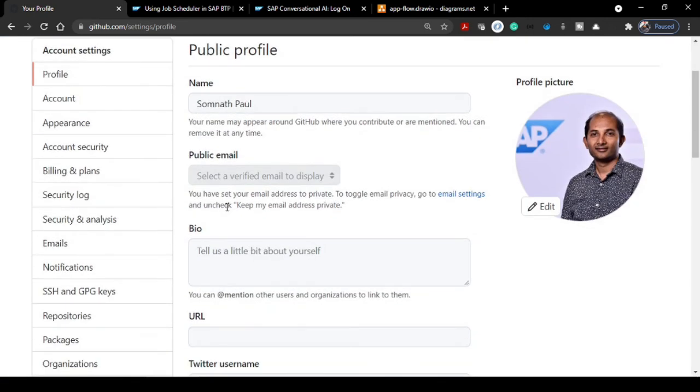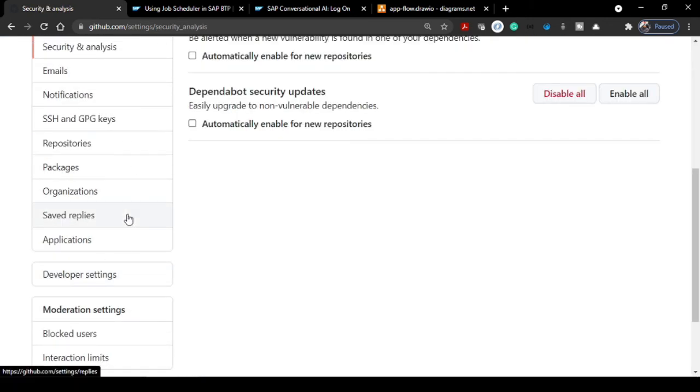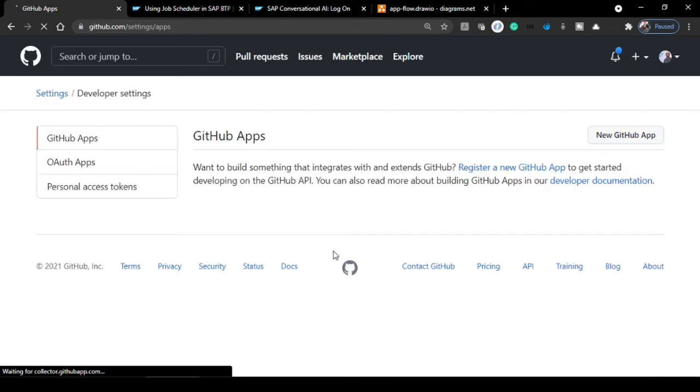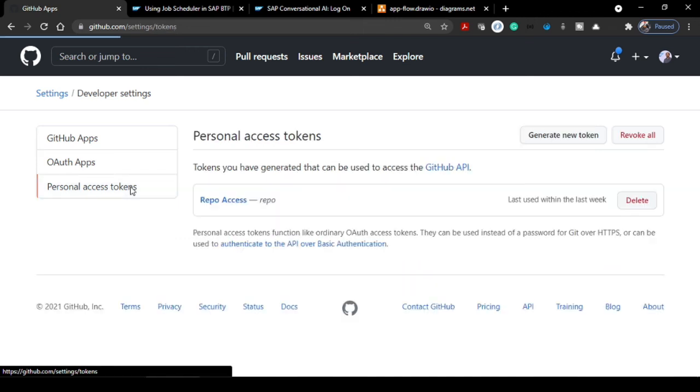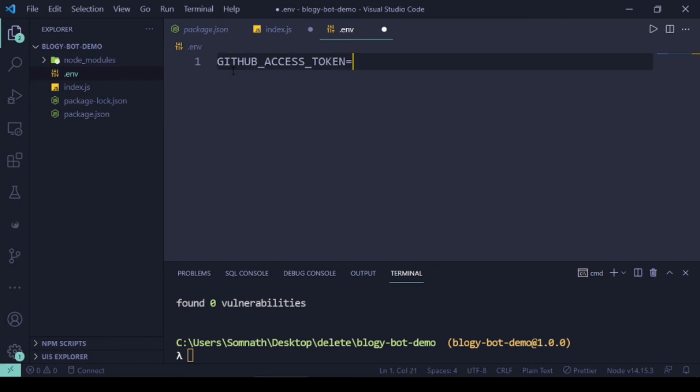There you will find something called developer settings, and there will be something called personal access token, and you have to click on generate a new token. Then you have to save that token value somewhere, which you need to use in that environment file. So in my case, I'll put it like this, with the token value I have set in my GitHub repository.